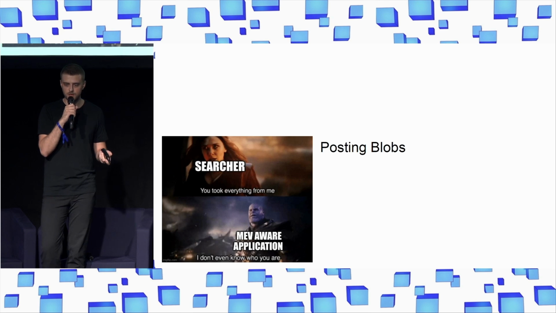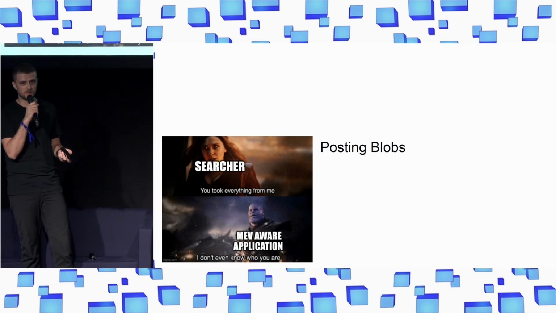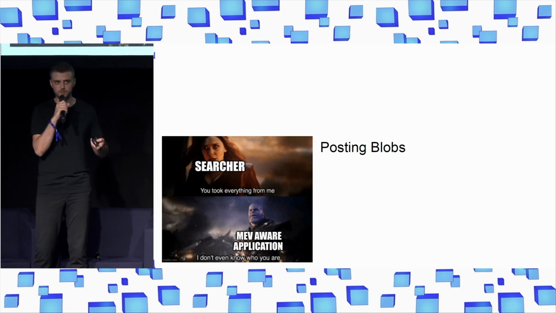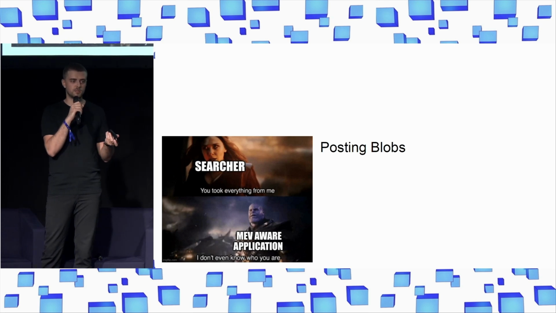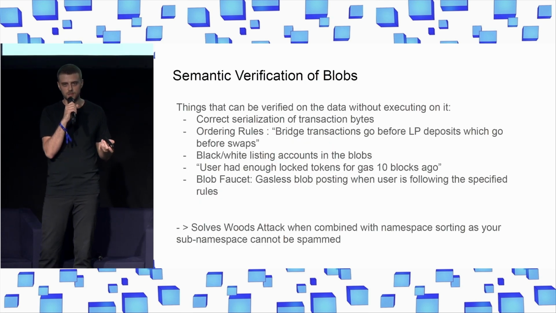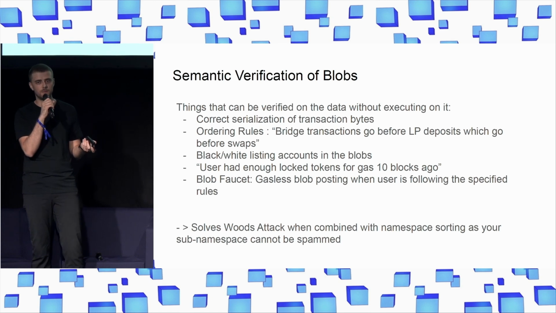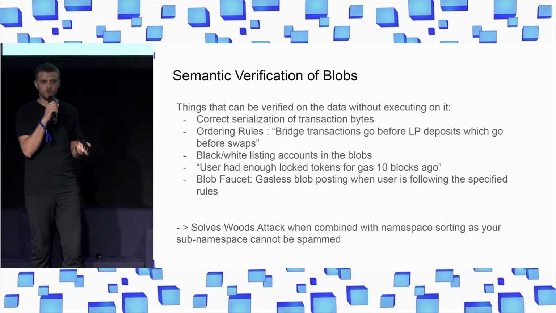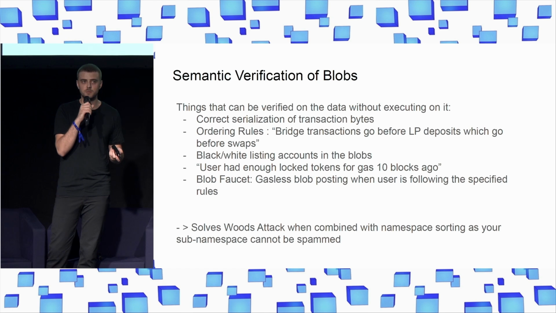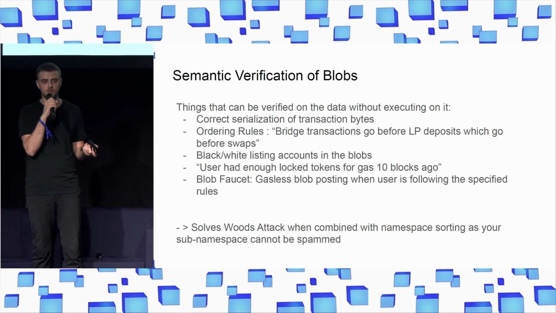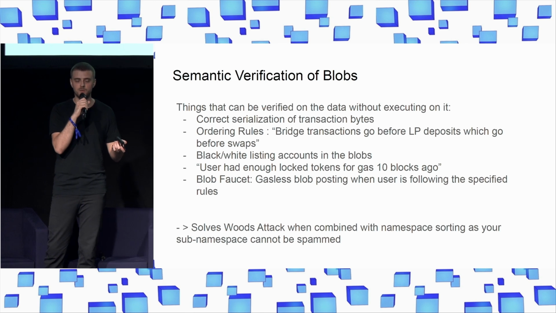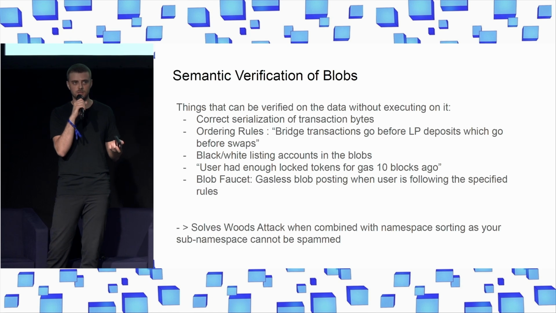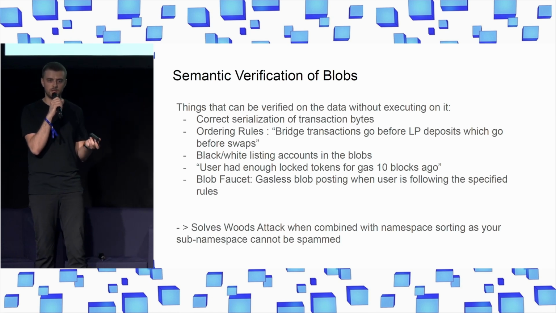Okay, the third thing that you can do is posting blobs, right? I was doing the presentation and I was starting to come up with more and more things that you could validate over the blob. I think it's still very unexplored, but one very obvious thing that you should do is, let's say, a shared sequencer posting blobs to Celestia. Currently, they have a problem of who is actually paying for the blobs. Like, there's some relayer, but who owns the keys of the relayer?